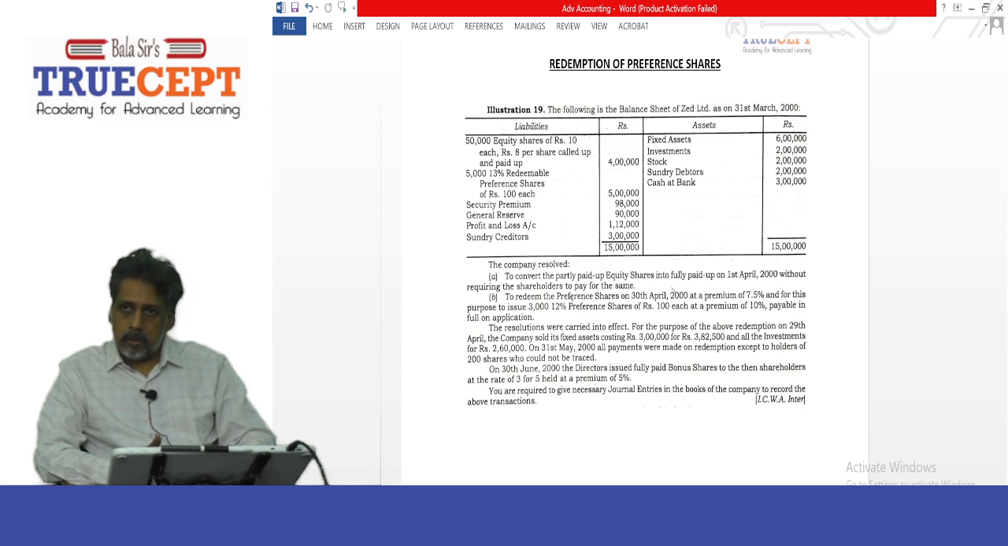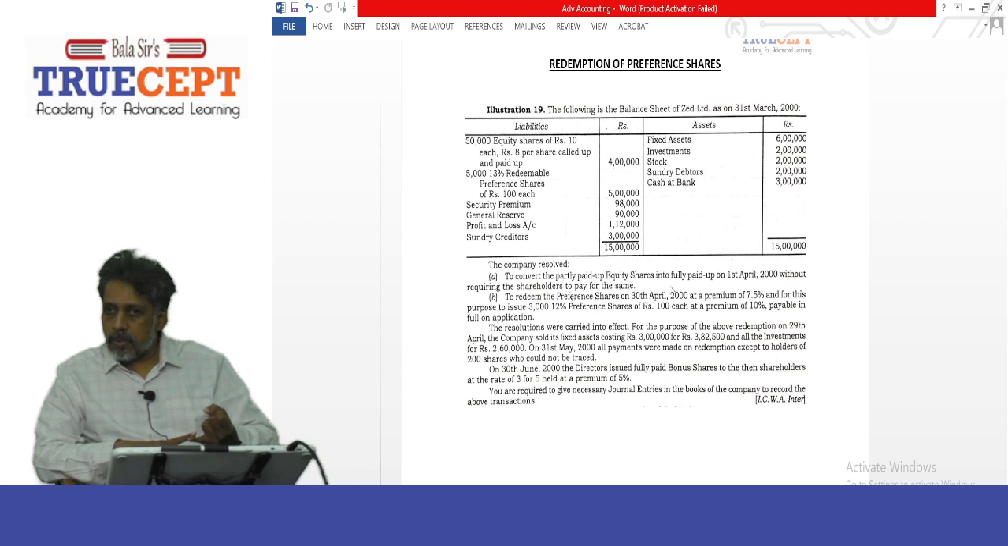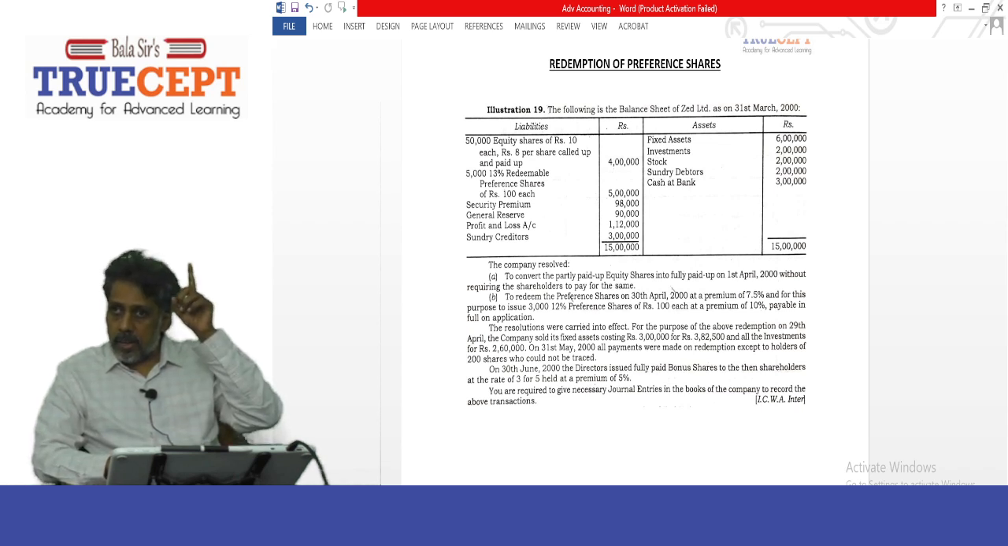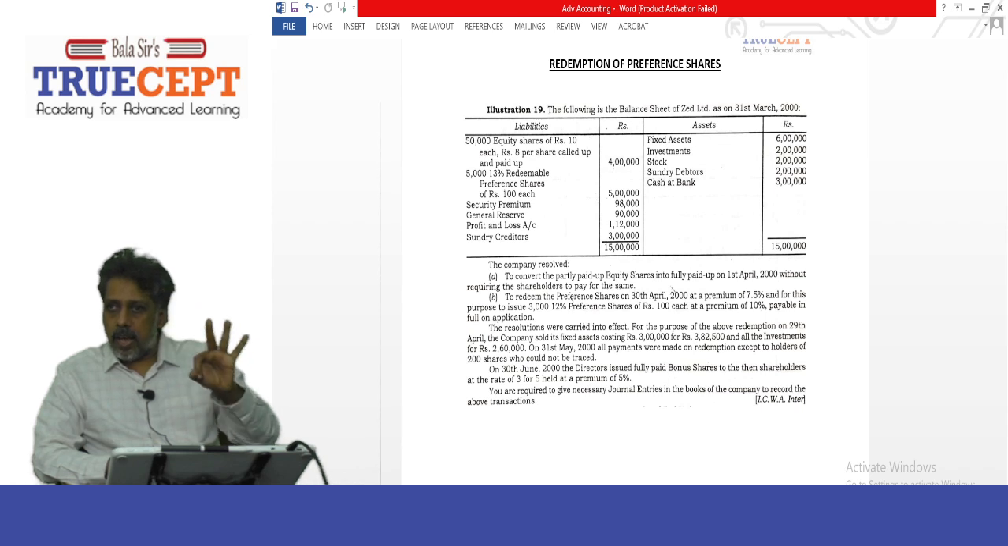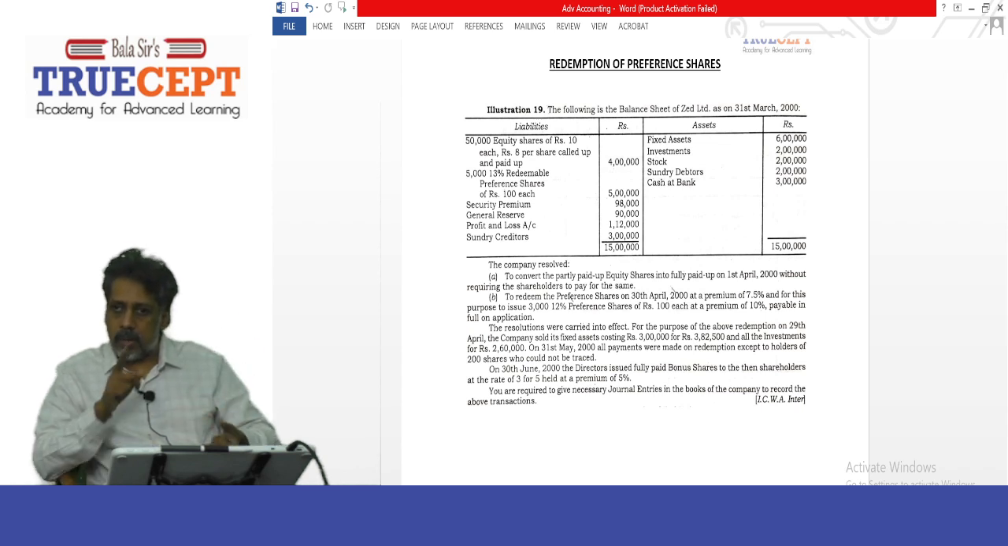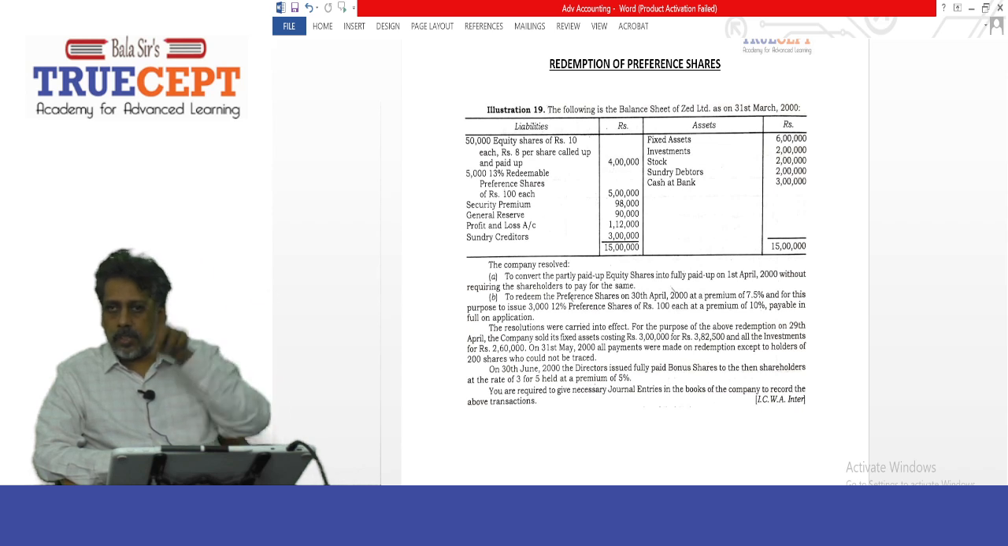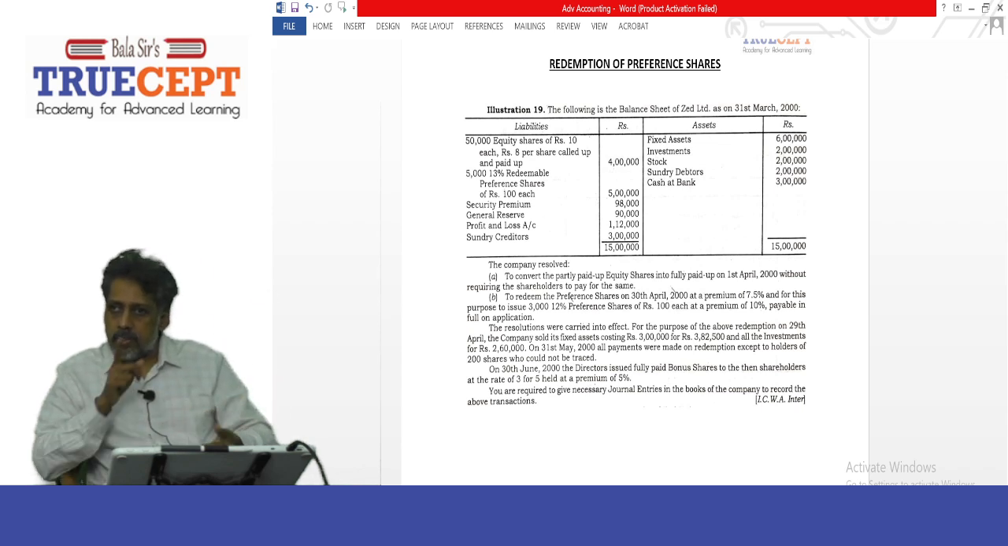Next. The resolutions were carried into effect for the purpose of the above redemption on 29th April. The company sold its fixed assets costing rupees 3 lakh for rupees 3 lakh 82,500 and all the investments for 2 lakh and 60,000. You saw that? It is given that you sold fixed assets costing how much? 3 lakh, out of 6 lakh rupees available on the balance sheet. You sold fixed assets costing rupees 3 lakh, or book value 3 lakh, for 3 lakh 82,500. Sold all the rupees 2 lakh worth of investments on your balance sheet for rupees 2 lakh and 60,000